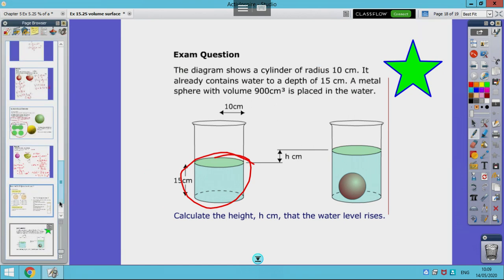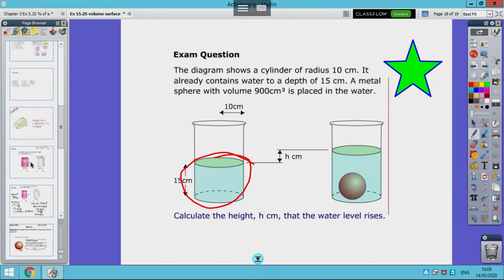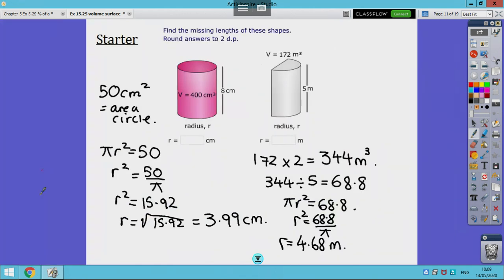What we'll do is we shall come back to your starter just to have a look at the answers. So I got, for the first one, 3.99 centimetres for the radius, and then I got radius is 4.68 metres for this one. I'm just going to double check these. So what I would do is you would work backwards from 400. So you would divide by 8 and divide by pi, which will give me 15